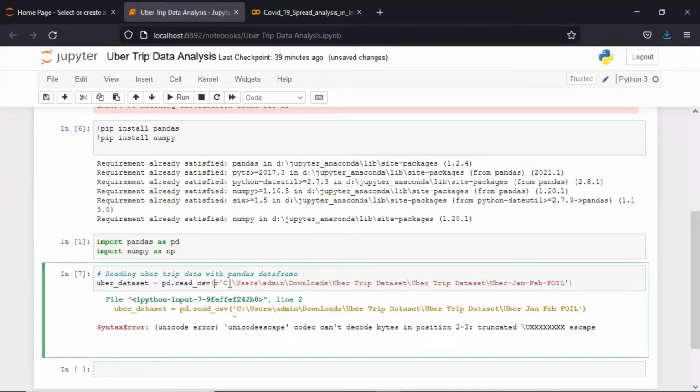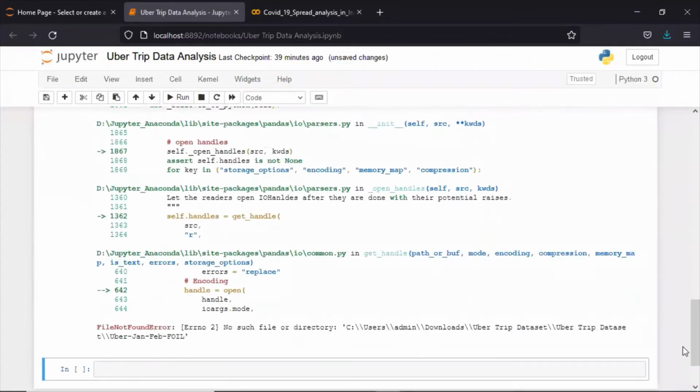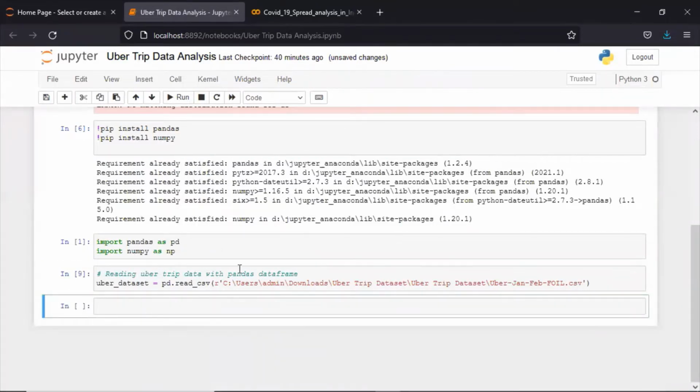Better to add r, and then run it once again. Now it's giving the error, no such file or directory on this path. Don't worry about it, because sometimes it happens. So let me add .csv here and rerun it. Now you see, we are able to run this line successfully, right?